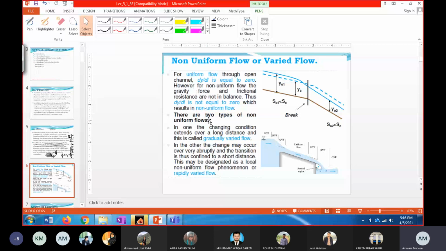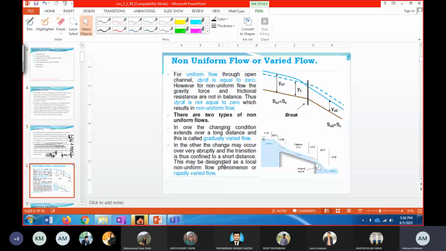There are two further classifications of non-uniform flow. One is called gradually varied flow and the other is called rapidly varied flow. So you just check this open channel,